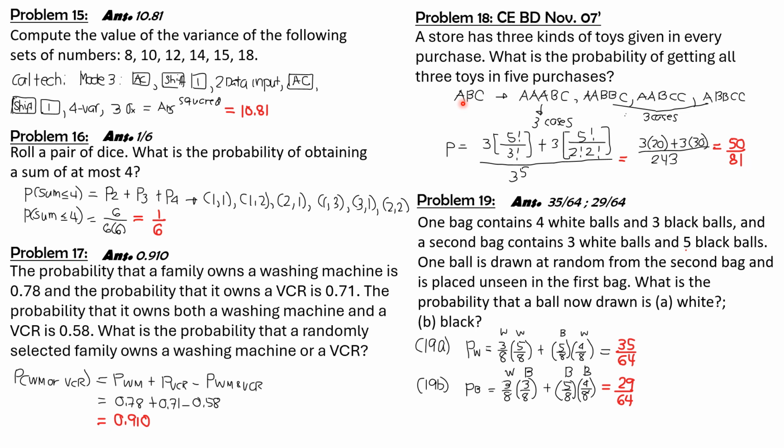Assuming the toys are toys A, B, and C. So for the 3 toys to be in your hand, there should be 3 same toys, then the other toys should be unique, B and C. And there are 3 cases for this because the 3 identical toys could be A, B or C. That's why there are 3 cases.